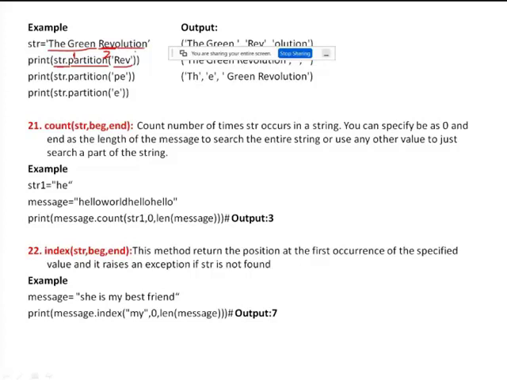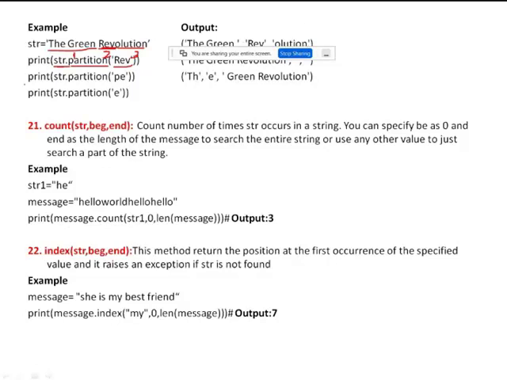So by using this partition method, we can divide the entire string into three parts. When I execute this first print statement, the output is "the green ", comma, "rev", comma, "olution". So these are the three parts.